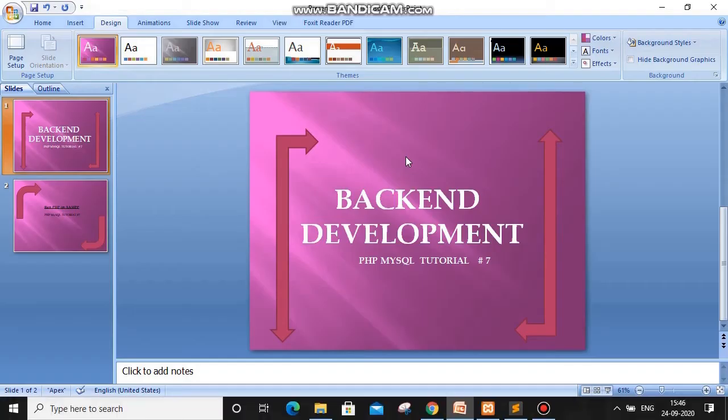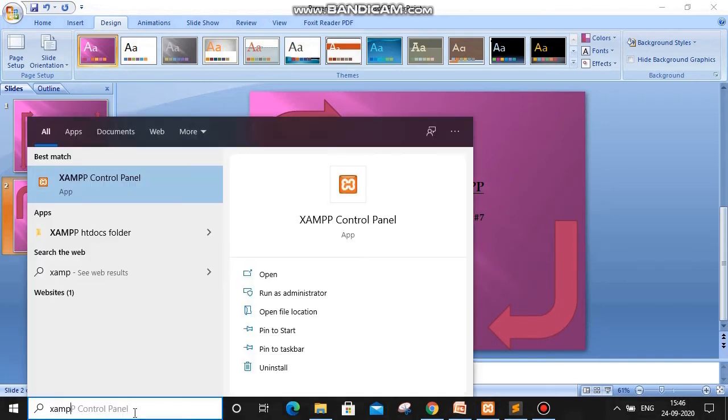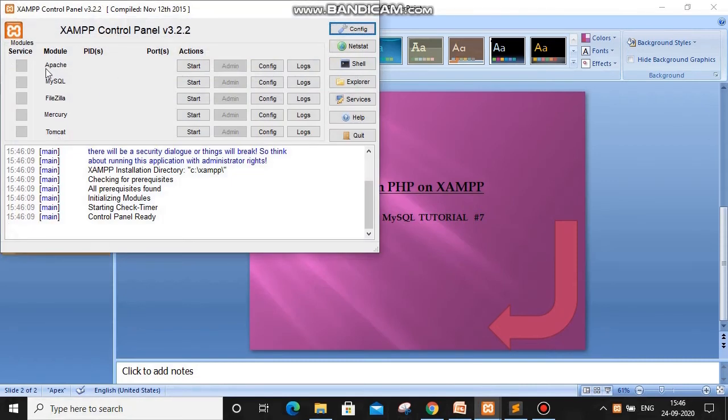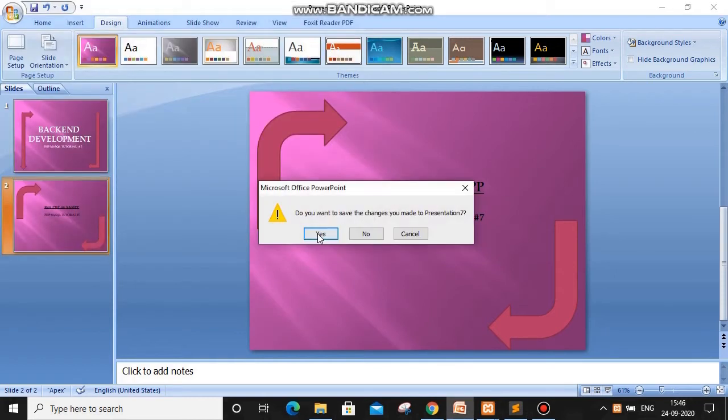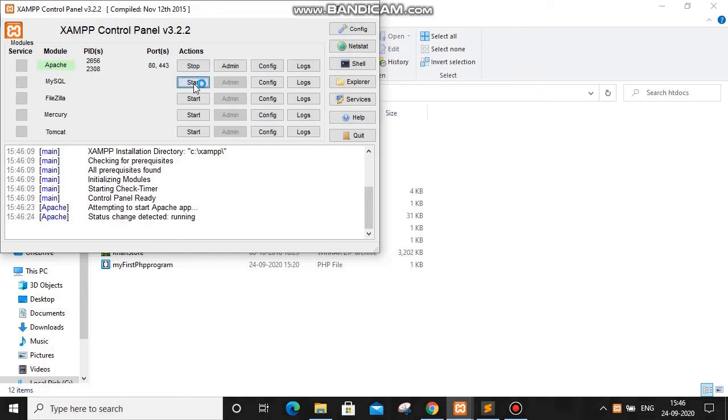So first we will check whether we have installed Jamp or not. So we will click here on Jamp. We will search. See, I have installed Jamp. So you have to check whether it is installed properly or not. So this is the Apache server. You have to click here, means you have to start here. As you start, you have to check with MySQL also. If both of these start and you don't get any error here and this board becomes green, that means you are on the right path, means the Jamp has been installed successfully.